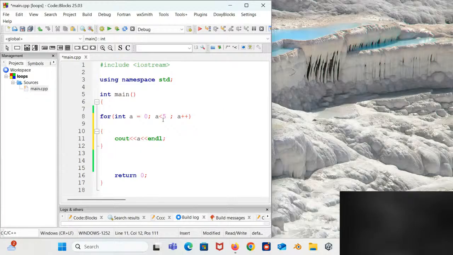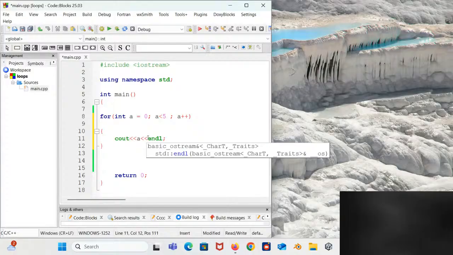All right, so I'm explaining once again. For the for loop, you mostly want to know the number of times that you want your program to run, or you want your loop to keep on iterating. The syntax says that in the for loop, you should have three statements. The first statement being your initialization.